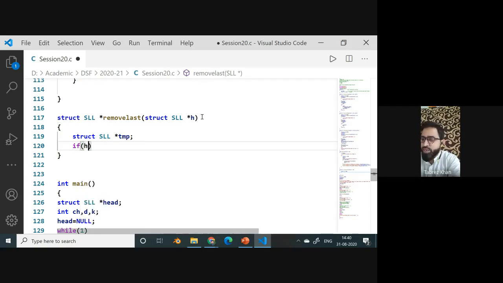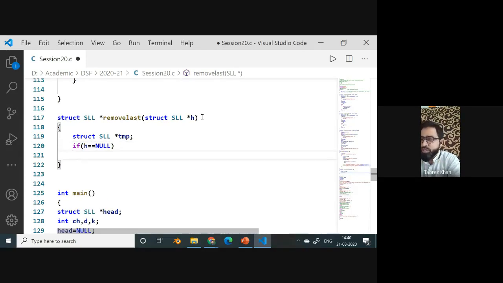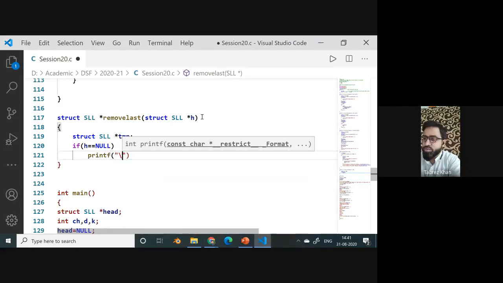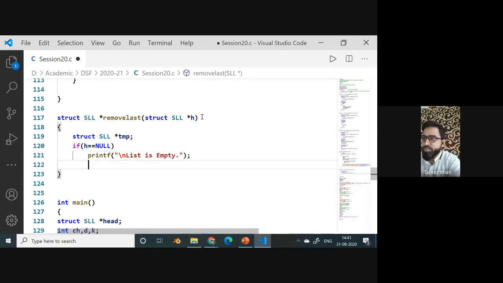So if my list is empty, if h equals null, I can simply print a message that list is empty. Else,